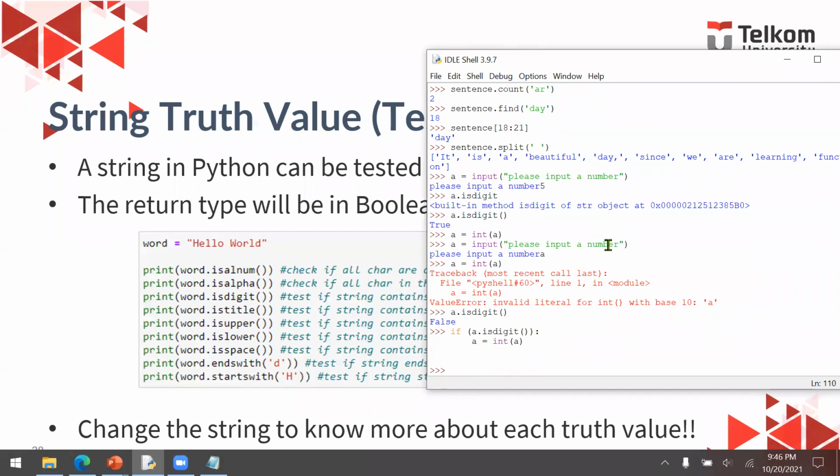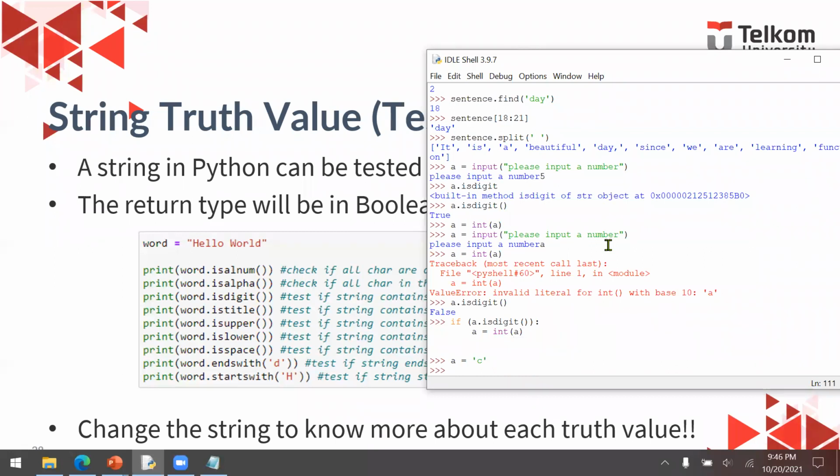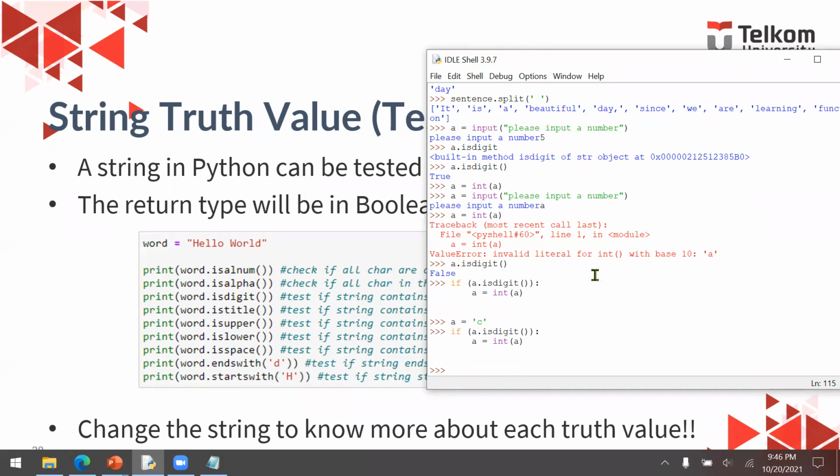Okay, now A is C. A is C, for example. And then we can safely use something like this without an error.